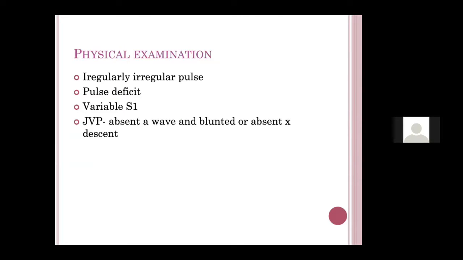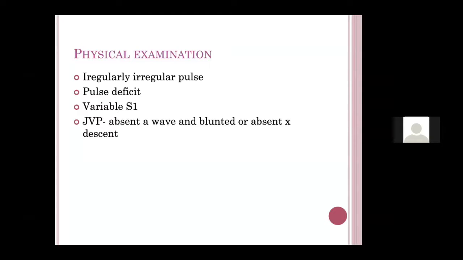Now, something which is important is physical examination. What you have to look for in the presence of AF is, when you do the examination, the pulse is most important, because an irregular pulse goes in favor of AF. Then you should see the apex pulse deficit, because normally the apex pulse deficit is more than 10 in the presence of AF. However, less than 10 doesn't exclude AF. We say a pulse deficit of less than 10 is usually ventricular ectopics. However, if the AF has a slow rate, like in a patient on a calcium channel blocker or beta blocker, then you may not get an apex pulse deficit.